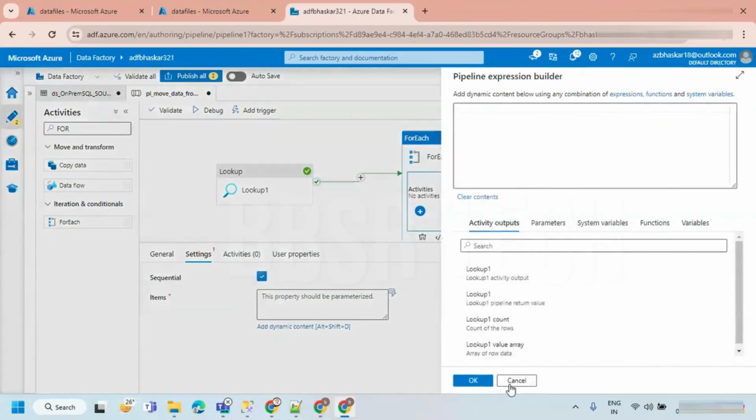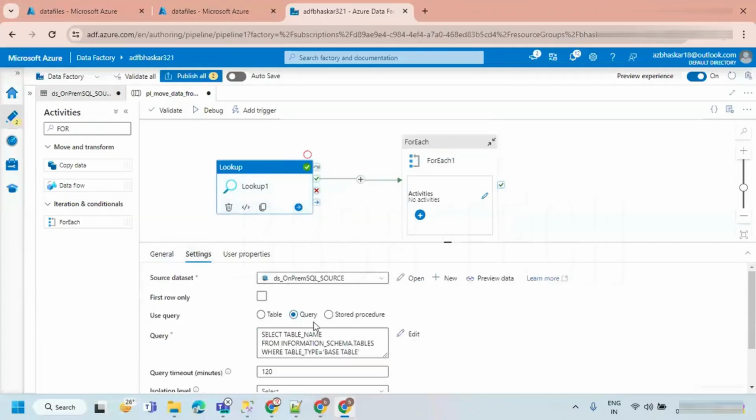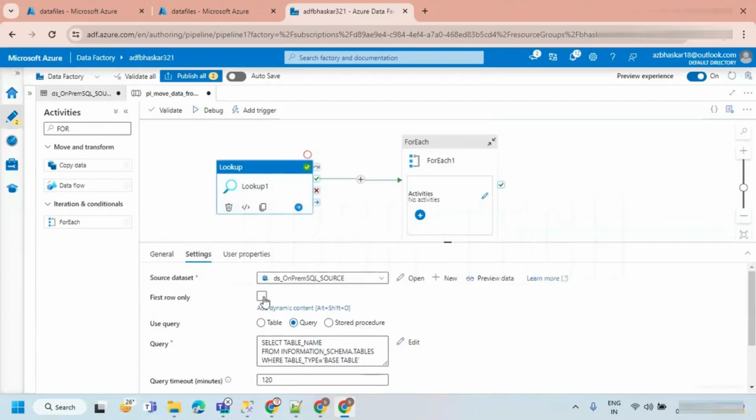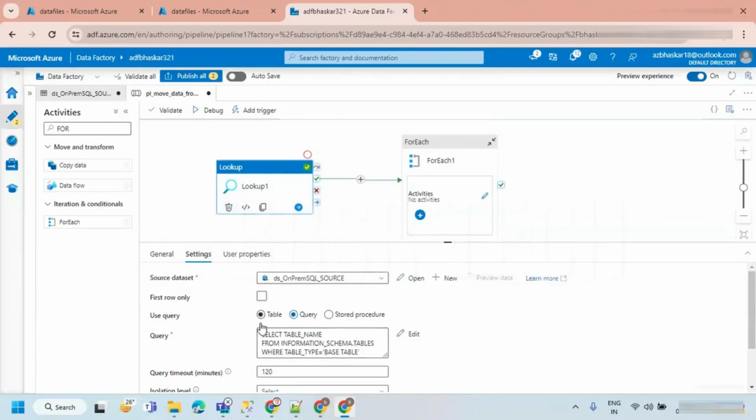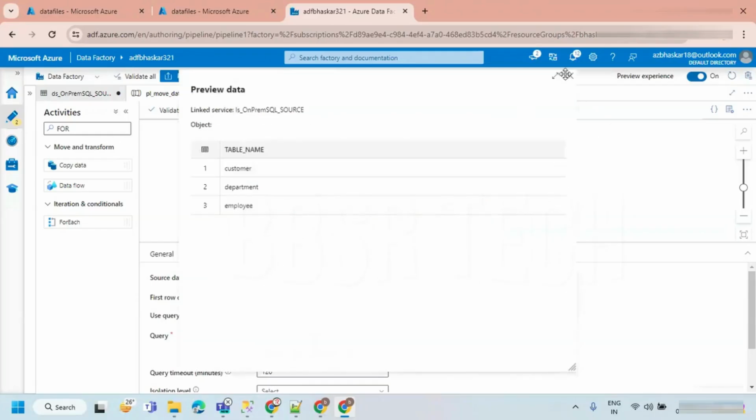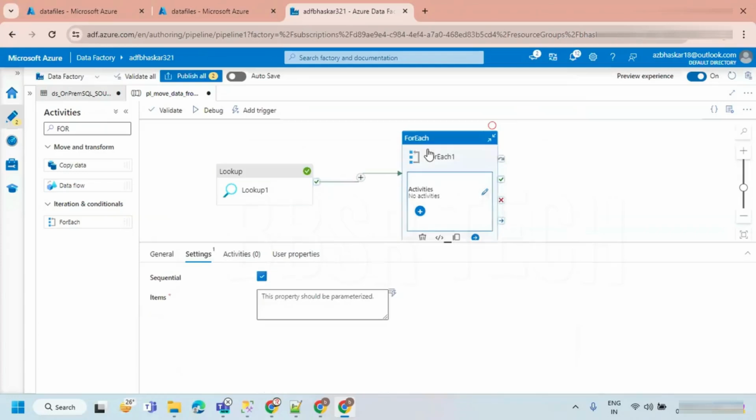So here, you can see first row is unchecked. First row unchecked means the result of this expression is giving multiple records, a collection of items, when you execute this particular code. So all these 3 records are going to be given to the for each activity. A list of items, we can call it an array.